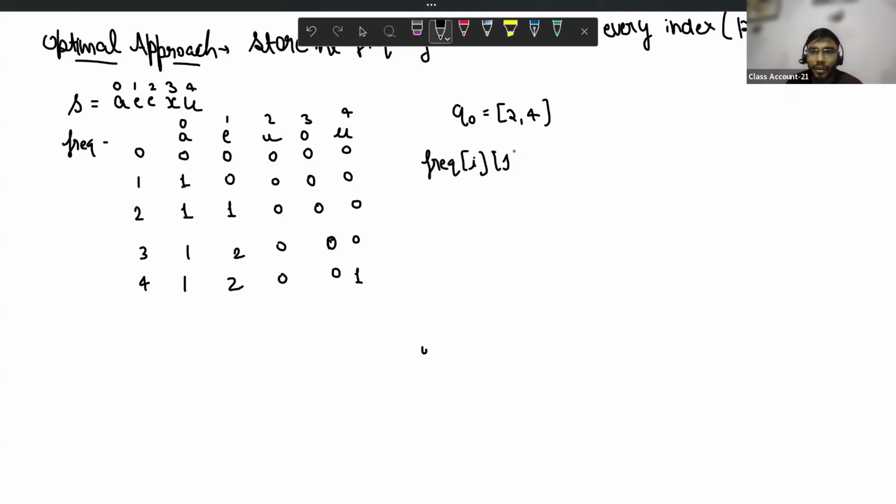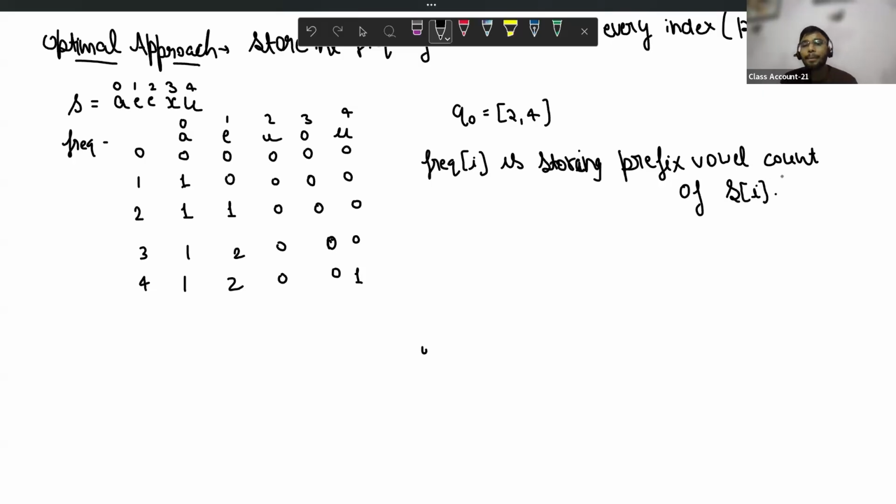i j is storing the frequency of i j. Let's erase and write only frequency of i. What is the frequency of i storing? Let me tell you, the frequency of i is storing the prefix vowel count of my S of i.